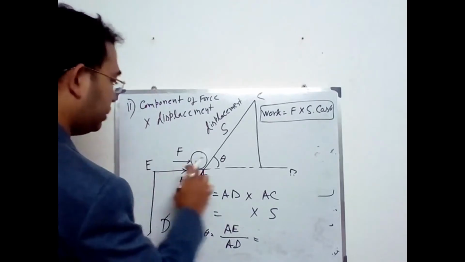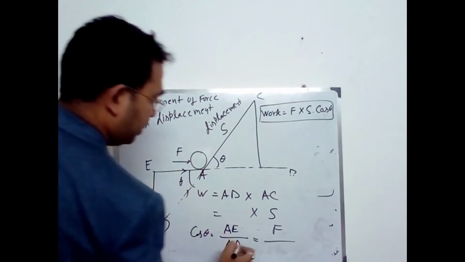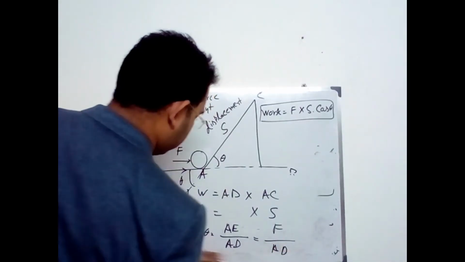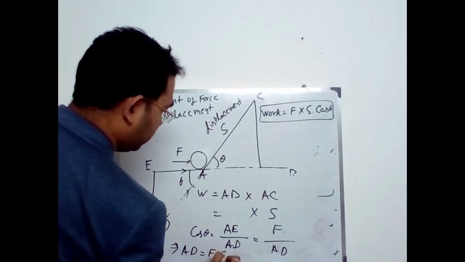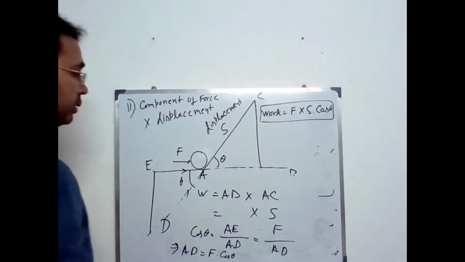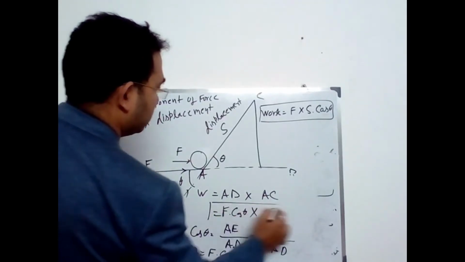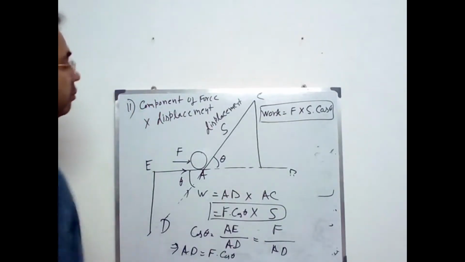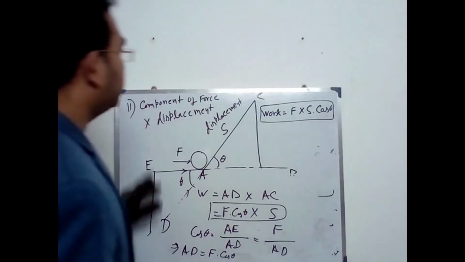Now AE হচ্ছে ফোর্স, তাই তো, এই ফোর্স, AD জানি না, তো এখান থেকে AD equals to F into cos theta। তাহলে AD এর জায়গায় যদি F into cos theta বসাই, তো আমরা দেখতে পাচ্ছি সেম ফর্মুলা, F into cos theta into displacement।